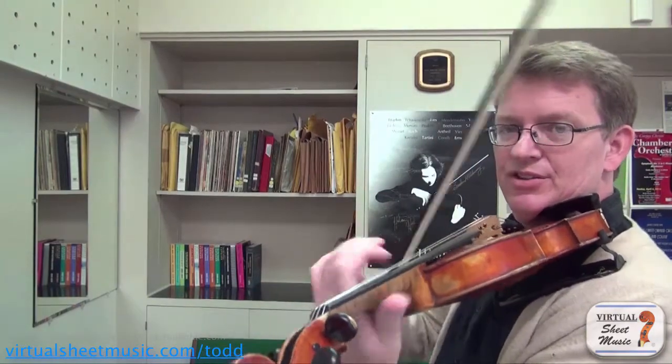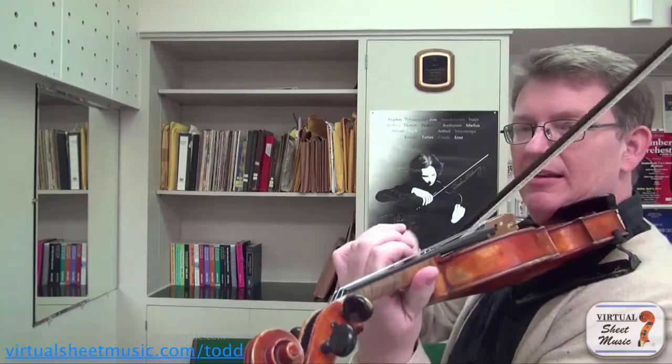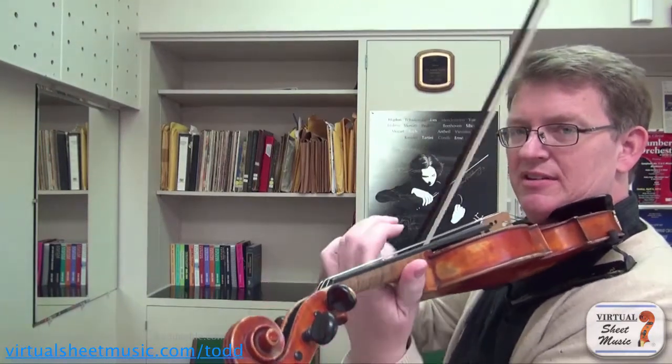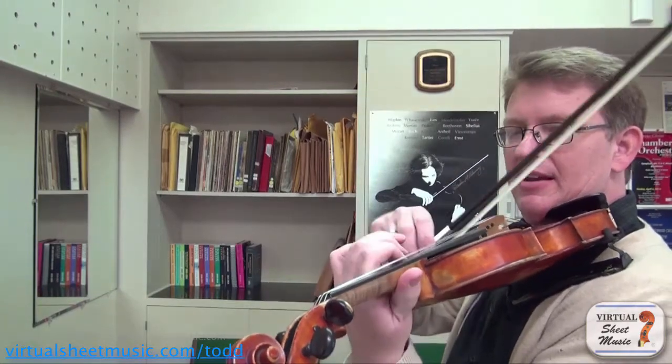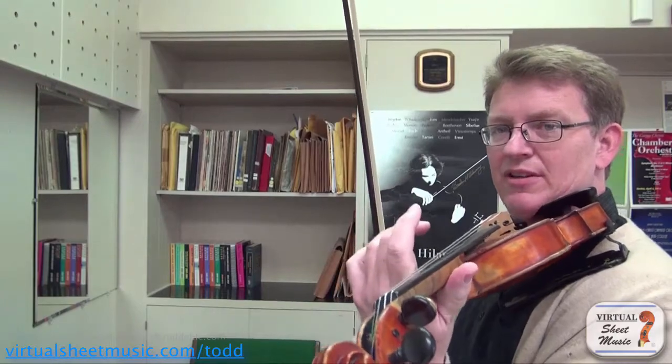And you should practice that. Play an F sharp in first position on the E string, and then in 5th position, and see if you can hit it over and over, so that way you know exactly what you want to feel. Another important thing is that you need to be high enough or far enough around that you can reach your 4th finger. You don't want to do a shift and then have to